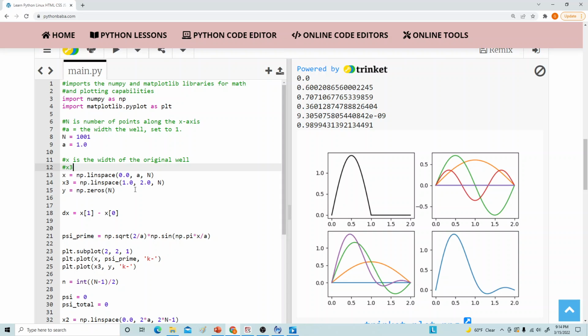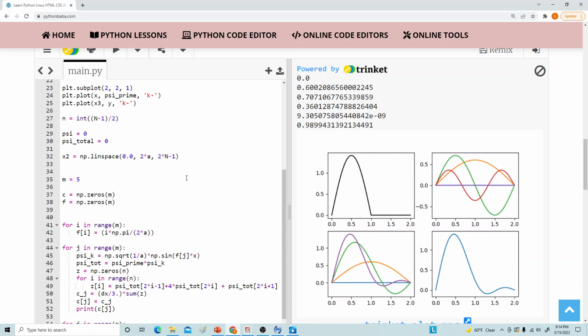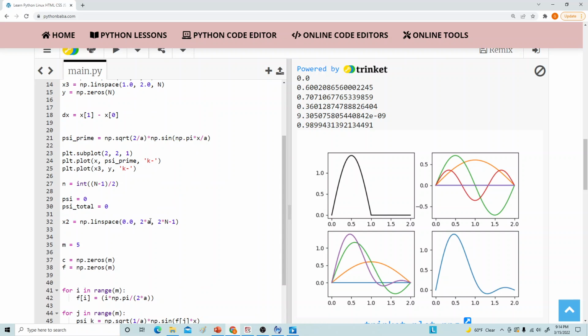But x2 and x3 have the same length. Okay, so x2 also runs from 0 to 2a, but it has 2 times n minus 1